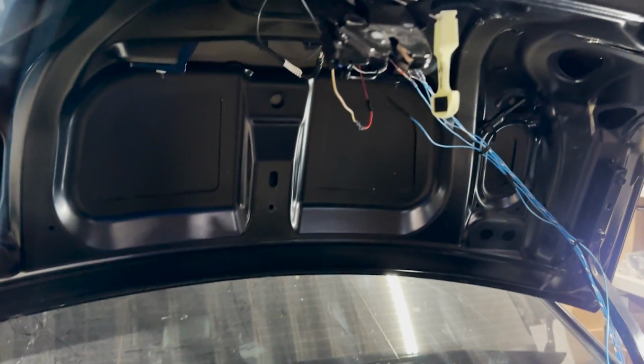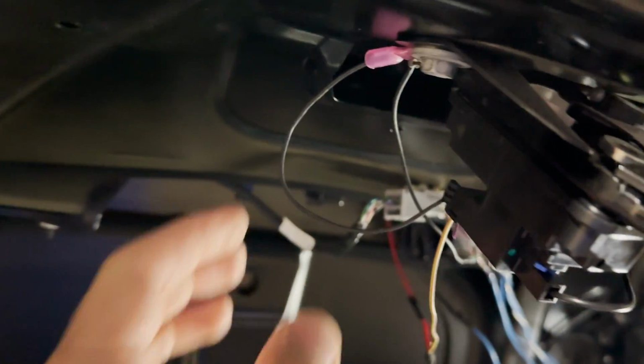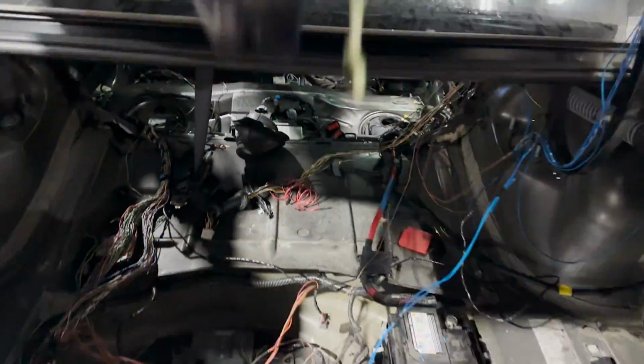The latch works on a ground and a power. And then obviously the button has a switch. So when we wired it up, the latch on the 300 wasn't working. So we ended up just taking apart the switch that's on the 300 on the third brake light and wiring it to a power and ground off the taillight. So what happens is when you close the trunk now, which I'm going to show you once we get these wires out the way,